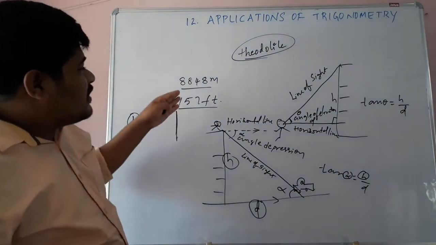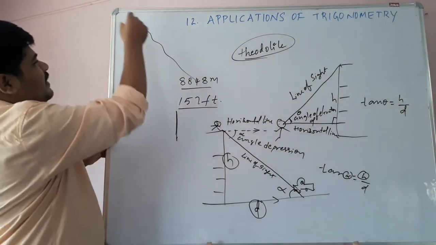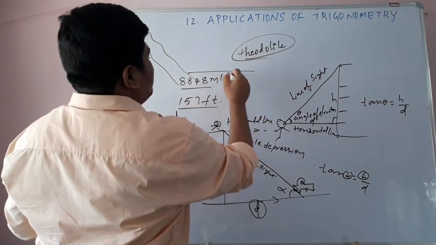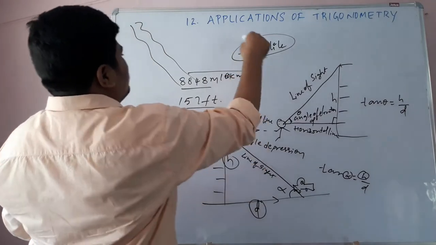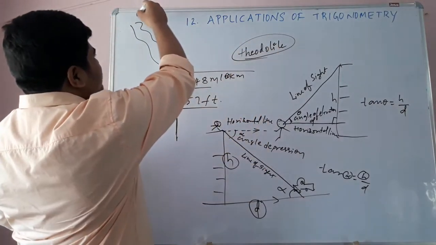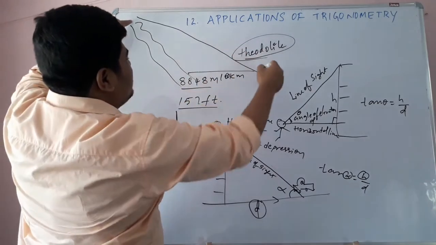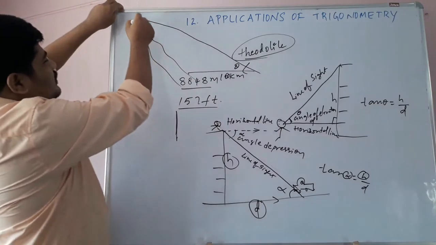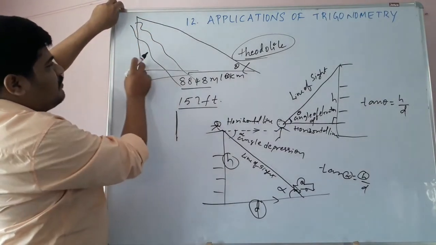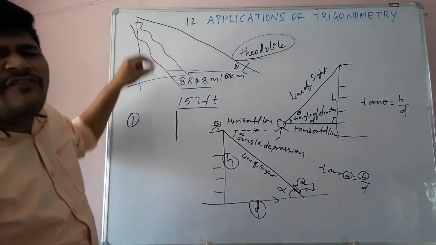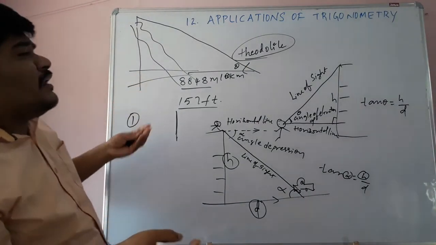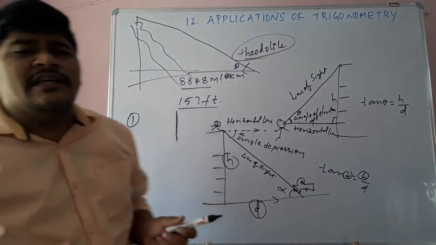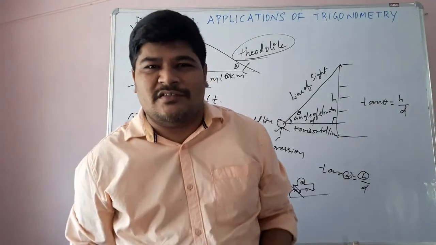Even the height of Mount Everest, suppose it is like this, no? Mount Everest, from 160 kilometers distance, with the help of a theodolite they observed the topmost point, and based on this angle and this distance, they found the height of Mount Everest. So students, not only Mount Everest, we can find any mountain height, or any apartment, any building height. Now let's see some problems related to this concept.